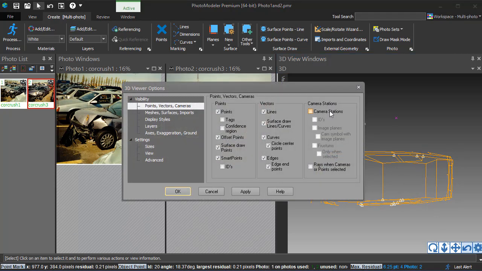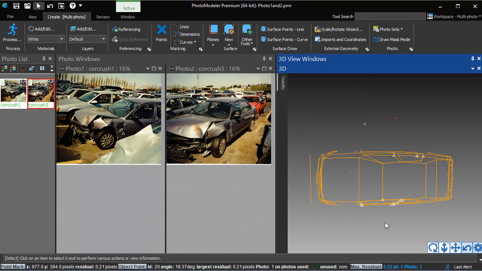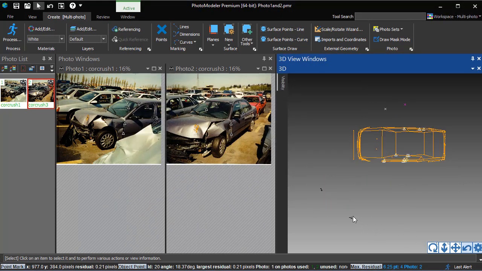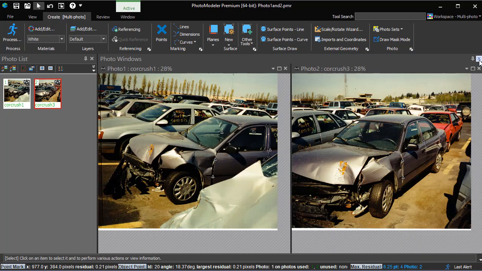These materials can be adjusted at any time. We turn on camera stations and verify that they are in appropriate positions. We have performed our quality checks and are satisfied with our results. We can now move on to the next step, which is marking and referencing of points on the damaged section